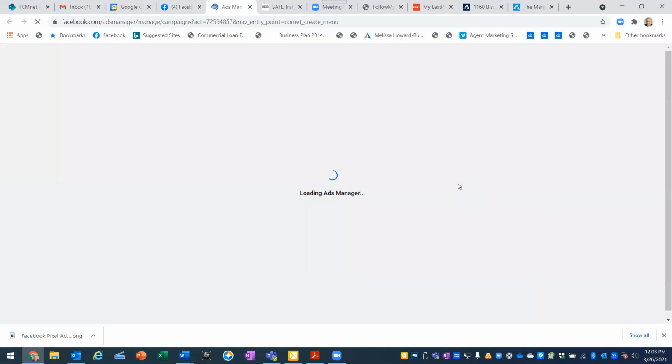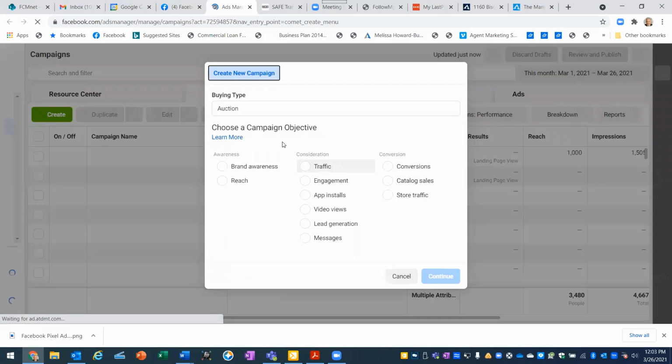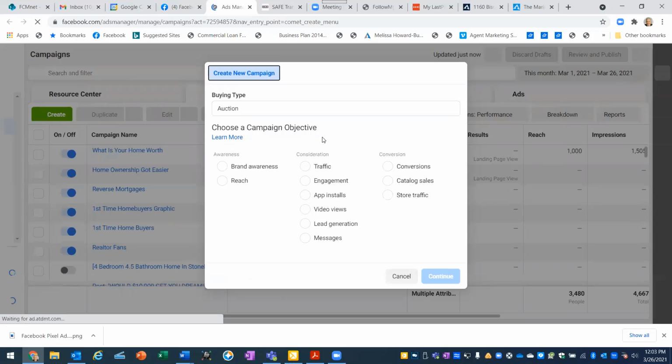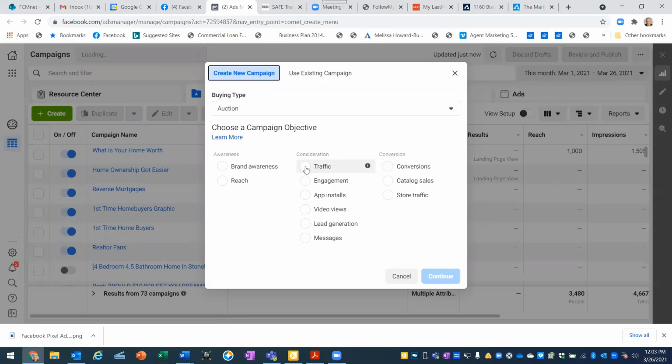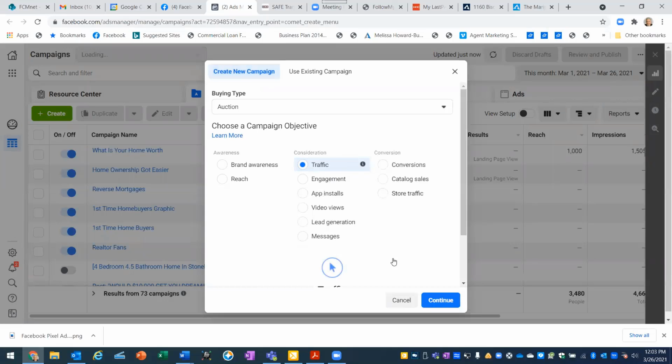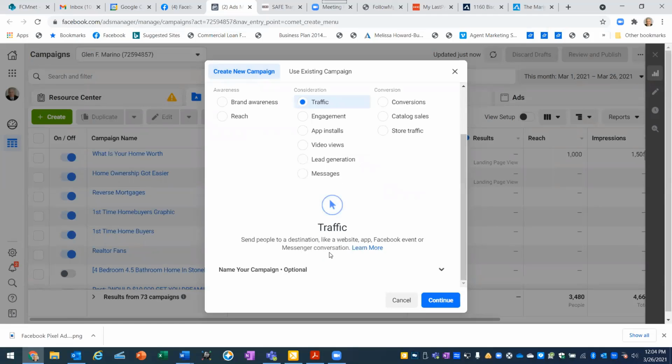Now that we're creating the ad, the first thing it's going to ask us is to choose an objective. And I typically choose traffic. I'm trying to get traffic to come to my landing page. So I'm going to fill in traffic. And let's continue down here. And then it says, name your campaign. Well, my campaign is going to be